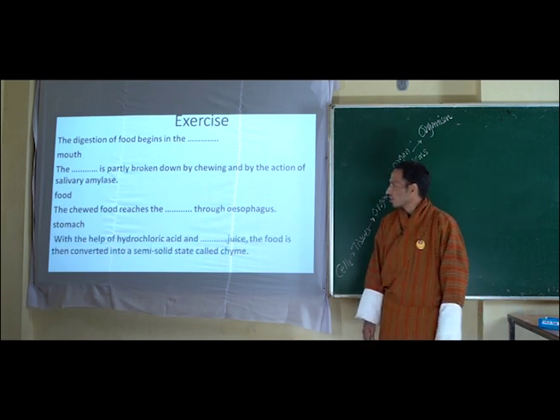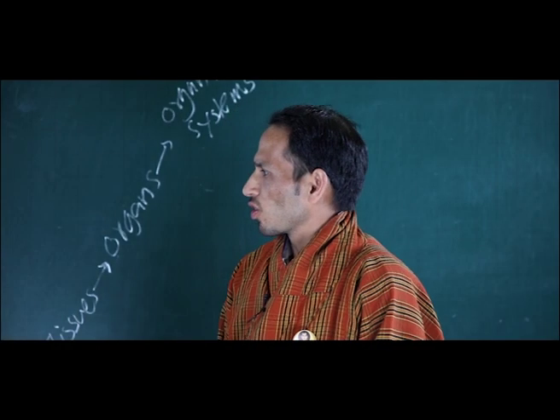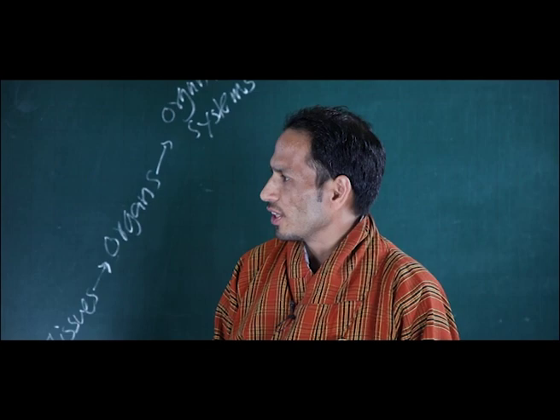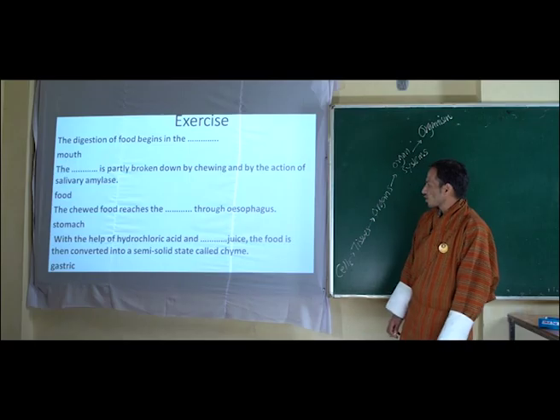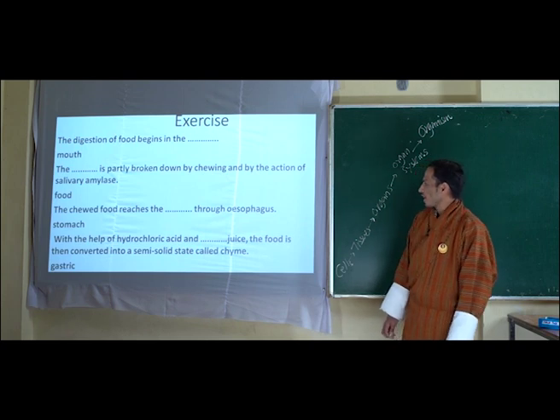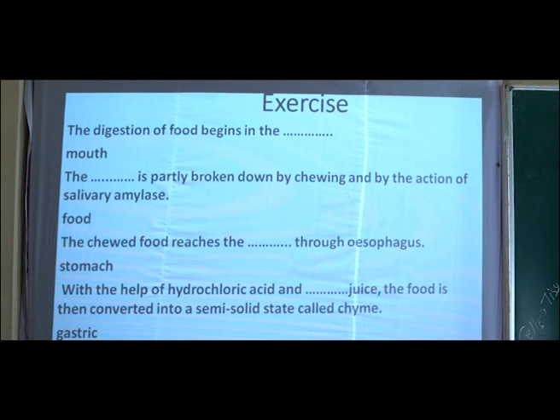Next, with the help of hydrochloric acid and dash juice, the food is then converted into a semi-solid state called chyme. So the expected word is gastric. With the help of hydrochloric acid and gastric juice, the food is then converted into a semi-solid state